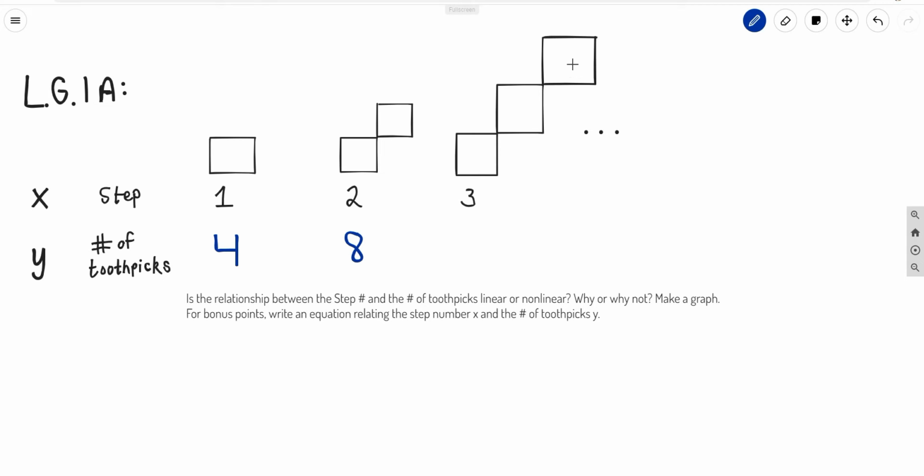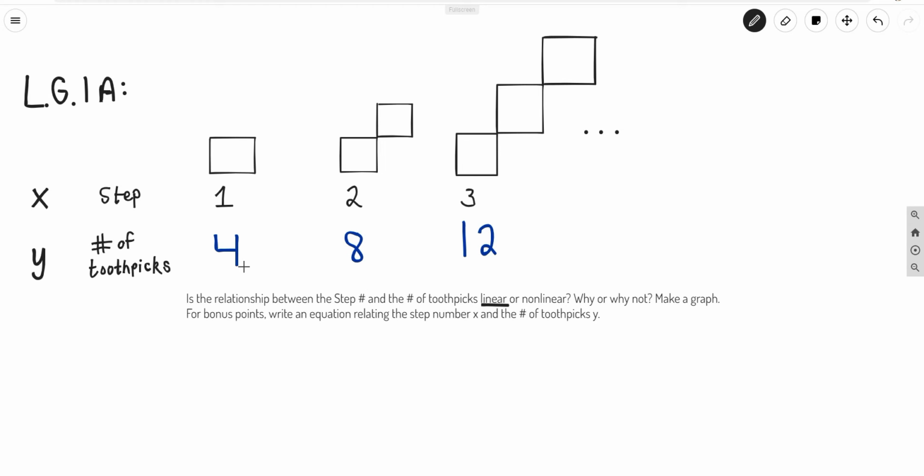I can see that the pattern will continue in the same fashion because I'm creating the next step in the pattern in the exact same way. So here I get 12. So if we were to continue on here, we can see, to answer the first question, is the relationship between the step number and the number of toothpicks linear or nonlinear? Well, yes, it is linear